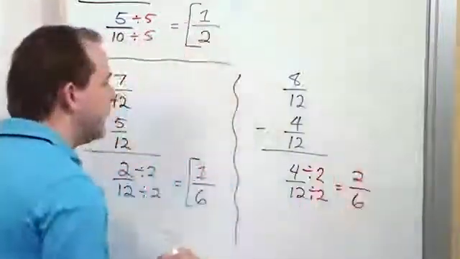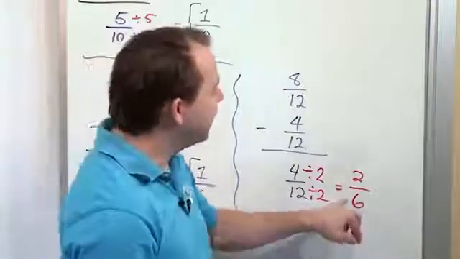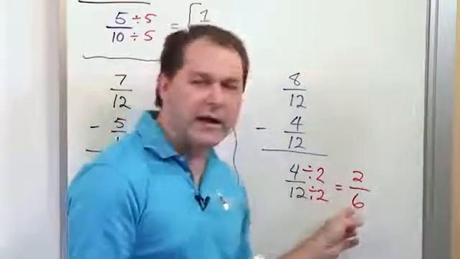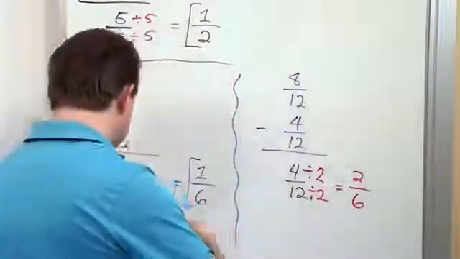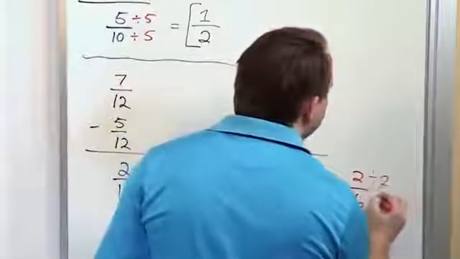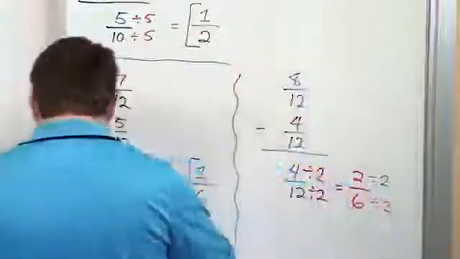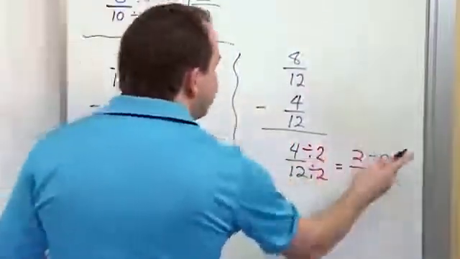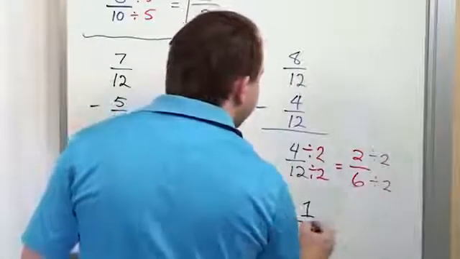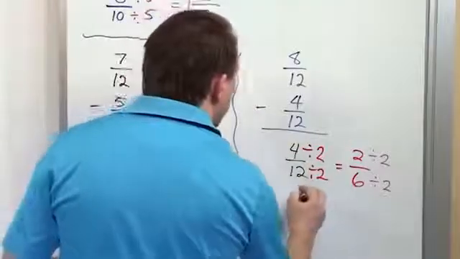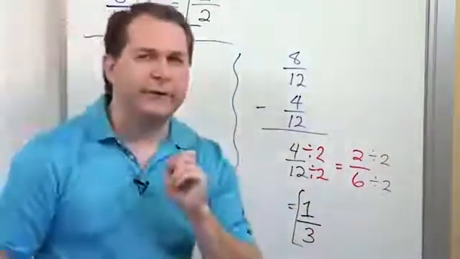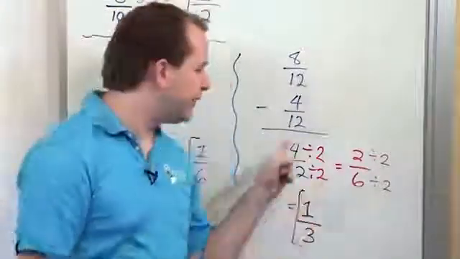So we're ready to circle this, but then we look at this fraction and say, wait a minute, we can simplify this further. We can divide the top by 2 again and we can also divide the bottom by 2 again. Okay, so we say, all right, let's do that. Let's divide the top by 2 and the bottom by 2. What would we get if we do that? 2 divided by 2 is 1. 6 divided by 2 is 3, right? So you get 1/3 for the answer. So that's the final answer. Let me ask you for a second. What would we have gotten if we started from here